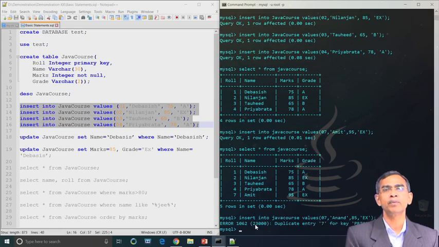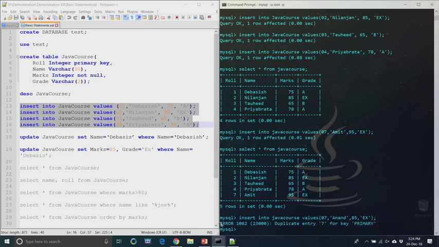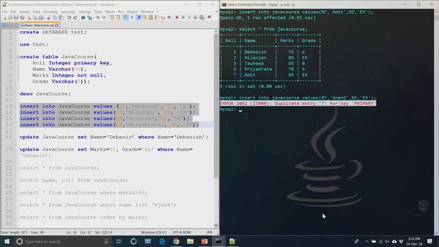Now, because the primary key should be a unique one, but here as we have given the same value, it gives that error. So, it should be different. Okay. Now, this way we have added it, and as we see at the moment there are 7 records entered into the table. The name of the database table is Java course.